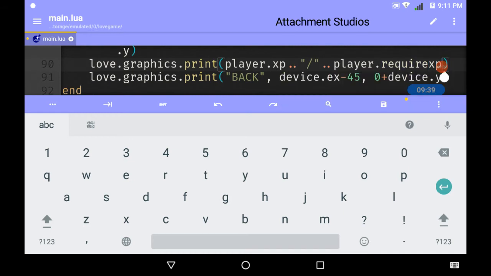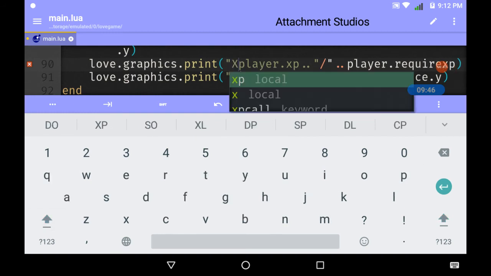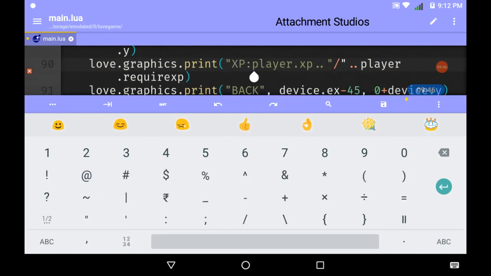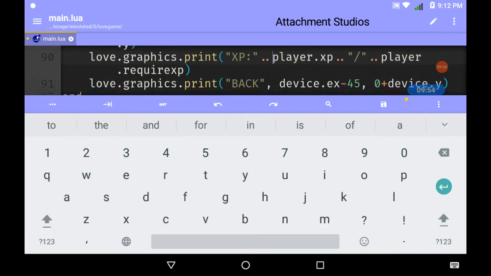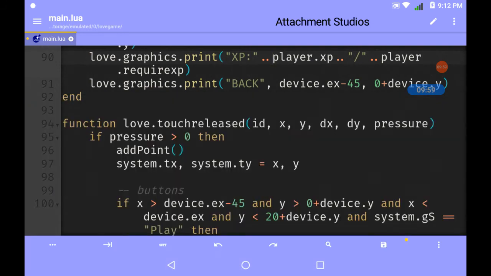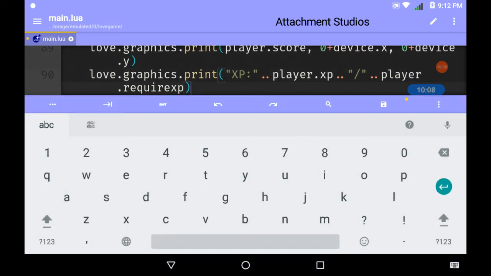Well, that's it. So I think I will also add one more text, xp column, and now I think that's good. Also this. So now here we have some basic features related to XP. Now I think we should also do like